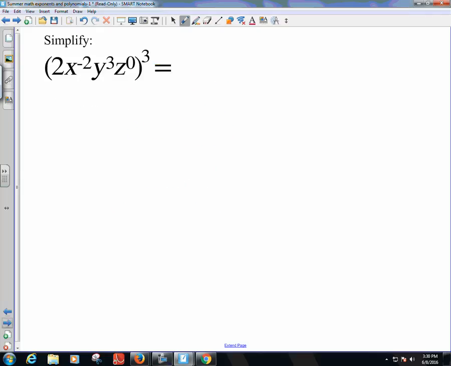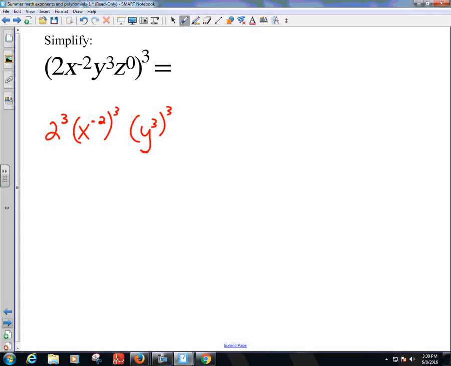So I'm going to say 2 to the 3rd, and then, oh, what do I do here? I've got x to the negative 2. Well, let's write it like this for now. There's nothing wrong with that. Let's do the same thing here. Let's say y to the 3rd, and we'll raise that to the 3rd. And then what is